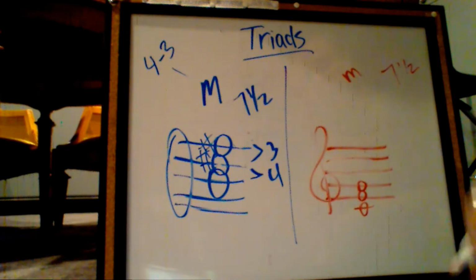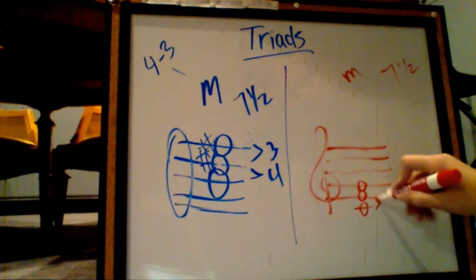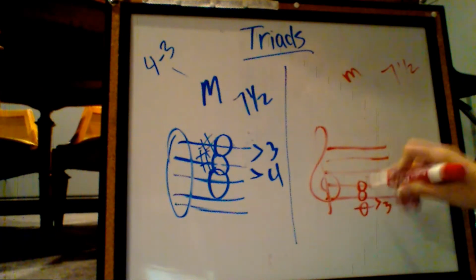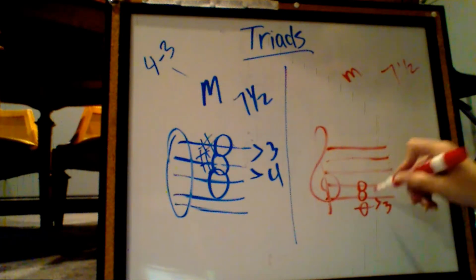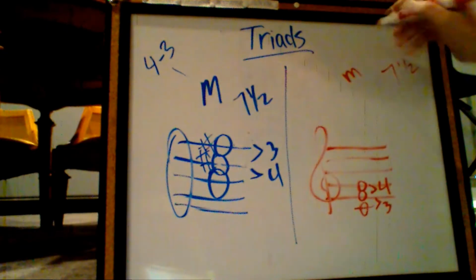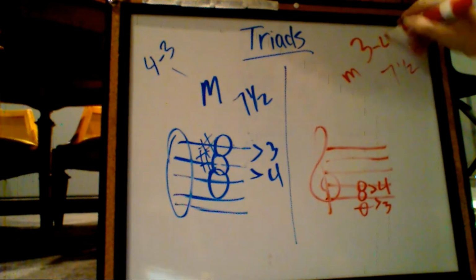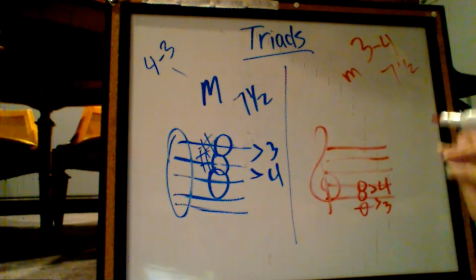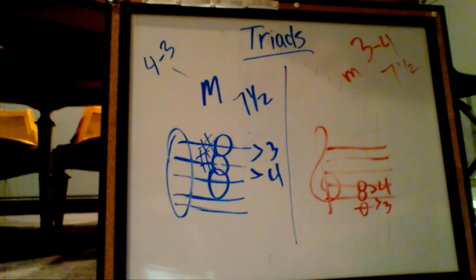The way it goes for minor is you actually have 3 half steps between the first and the second. And then to make 7, obviously you have 4 here. So it's the opposite of major. You have 3, 4. So you can remember that those are flip-flopped. And then the same thing we have to do with this one is play it and make sure we don't